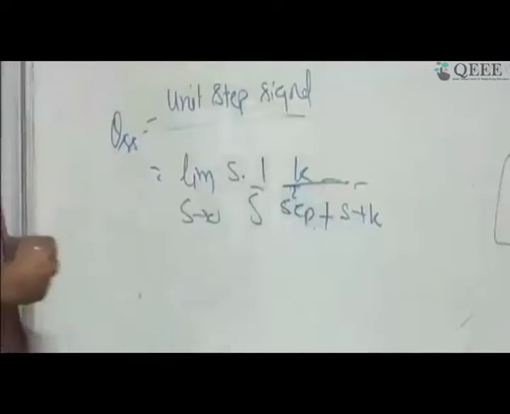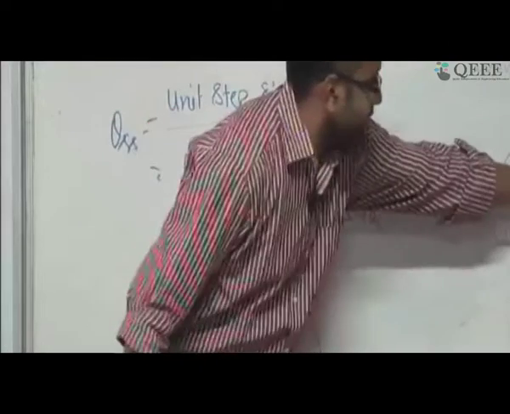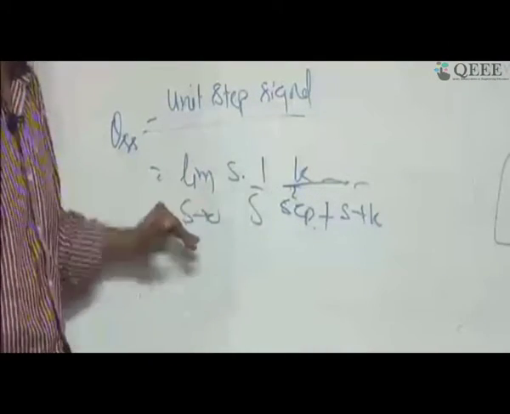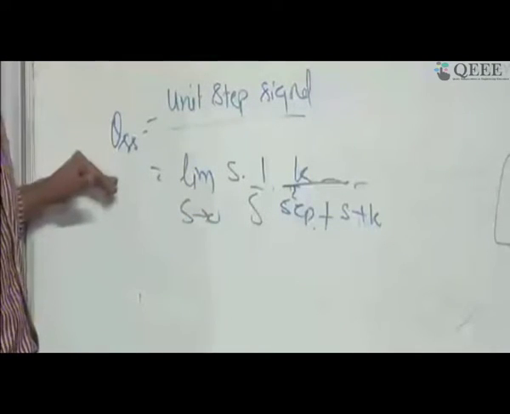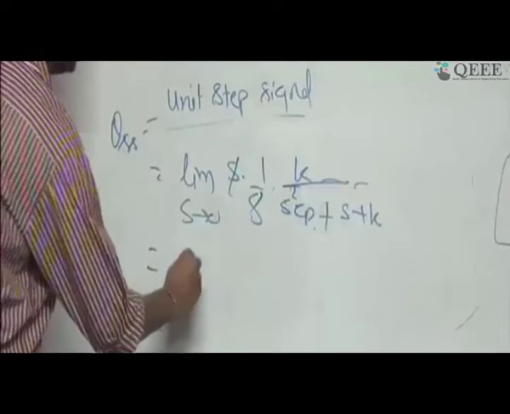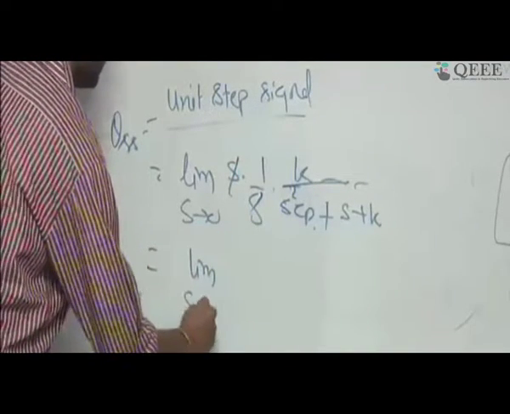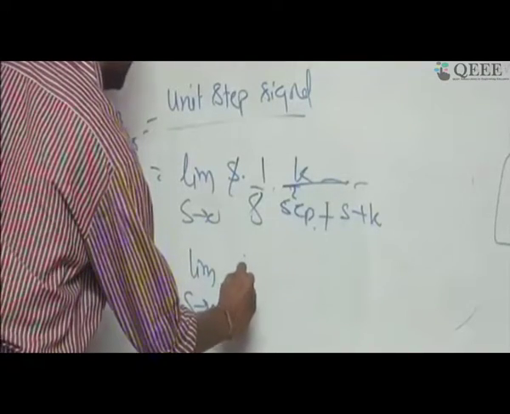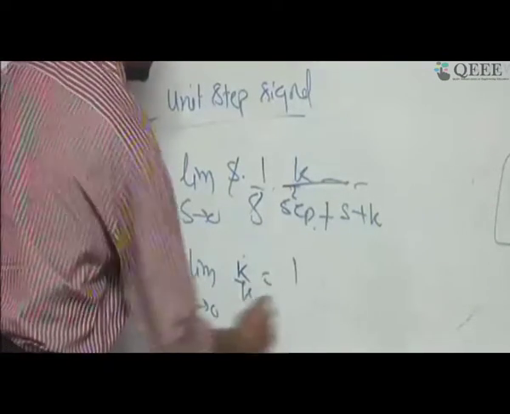Is that part clear? I have just added it here. Theta s is theta rs into this part. So theta r is 1 by s, and I want to analyze this entire term when s tends to 0. This will give me the steady state value. And if you work it out, this is going to reach k by k, so it is 1.